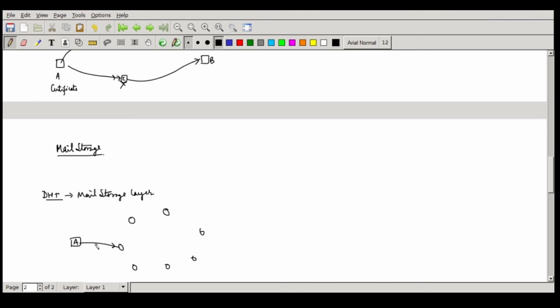But if, for example, A wants to send a mail to B and B is off, A will search for B's node ID in the base DST, in the base layer. Of course, we are assuming that these are users: A is a user, remember it's not a node ID, and B is also a user, not a node ID.